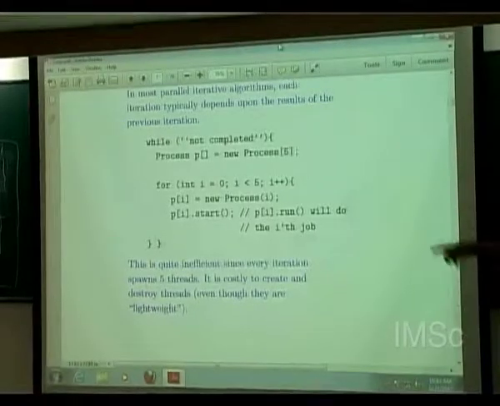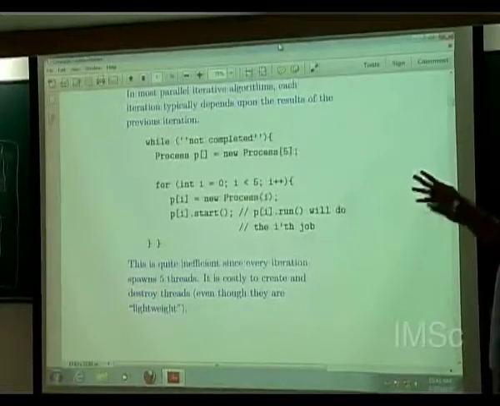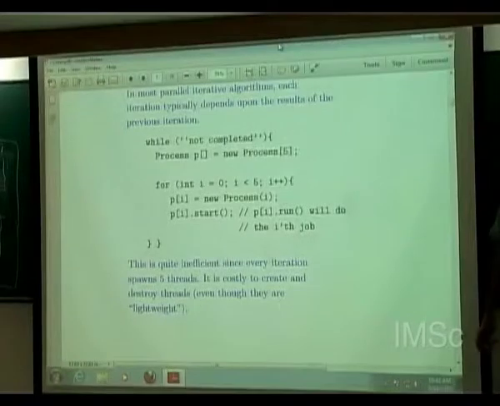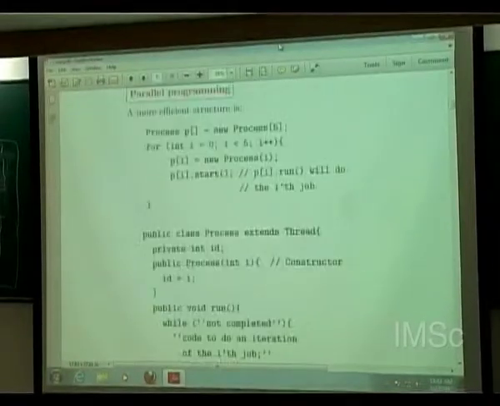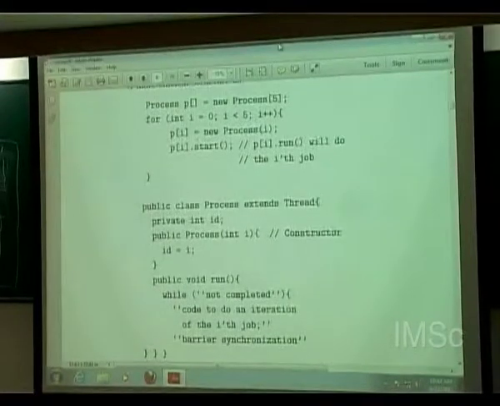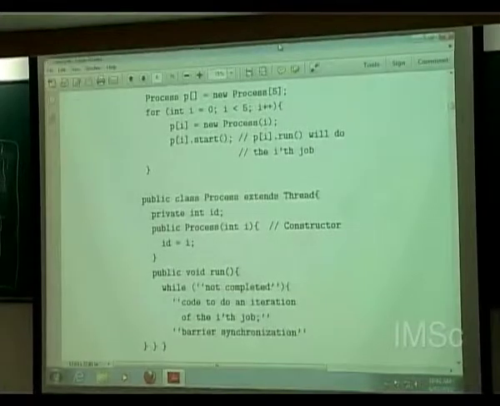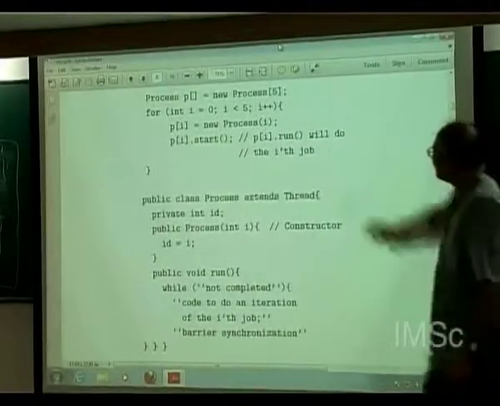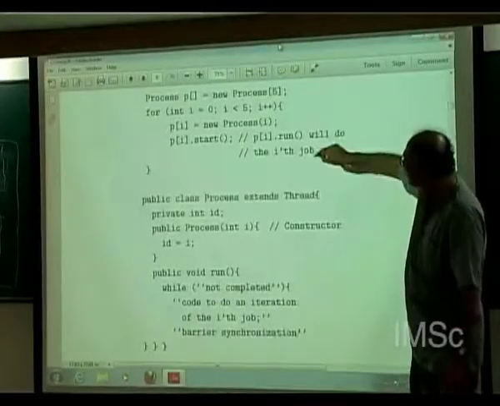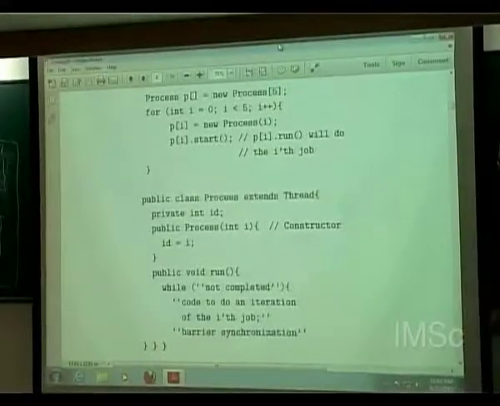Even though threads are supposed to be lightweight, you have to allocate the stack space and so on. So they are actually costly compared to usual memory operations. If you want to program things better, then you should do something like this. Here I've created these 5 threads once and for all. I don't do it again, and here what I do is